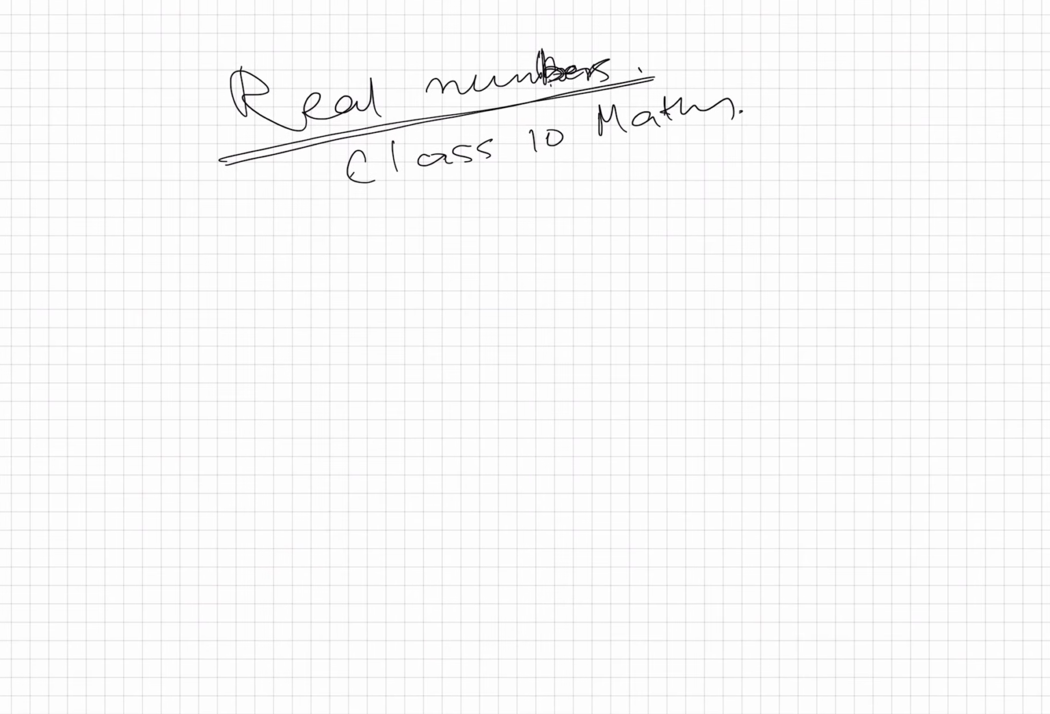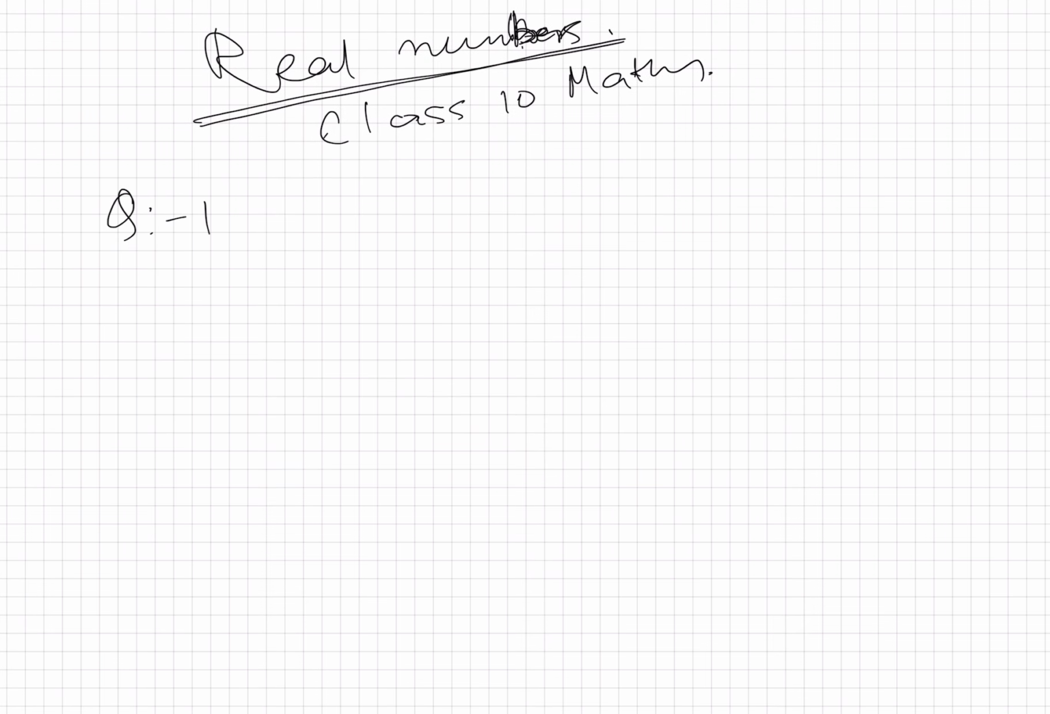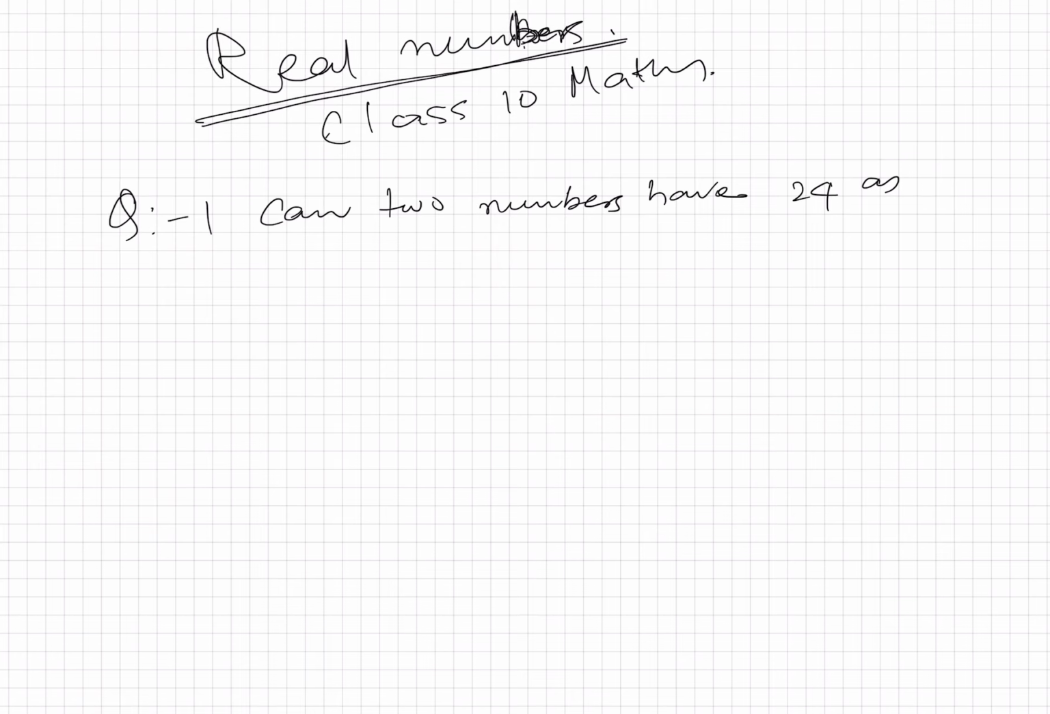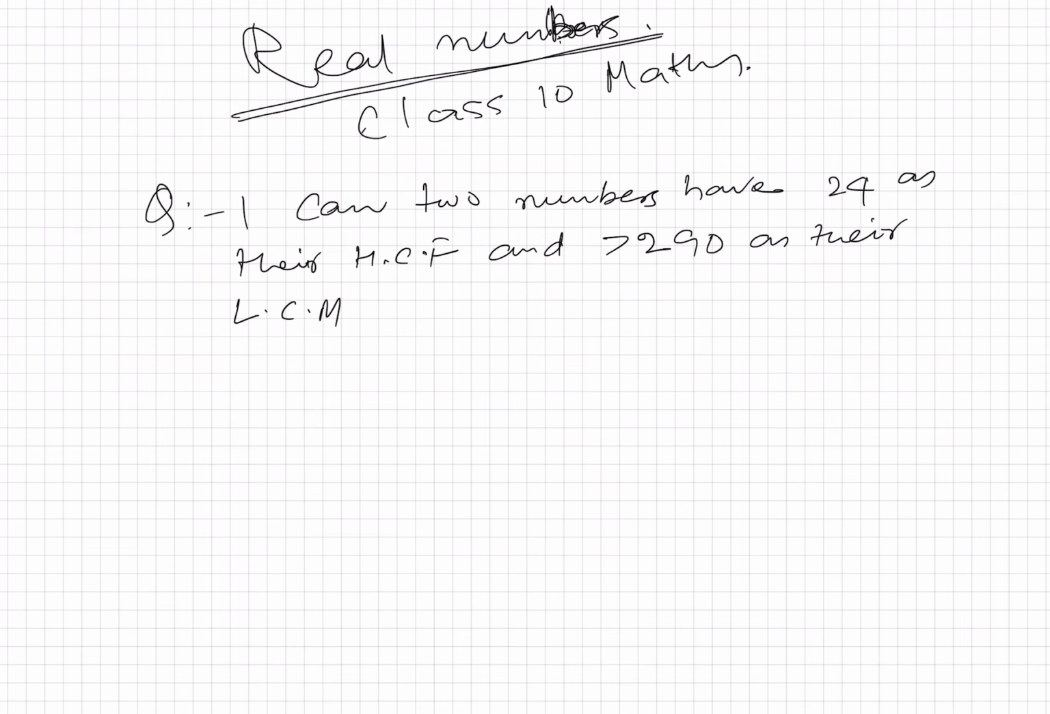Here's the first question. Question number 1. Can two numbers have 24 as their HCF and 7290 as their LCM? Give reason. The answer is